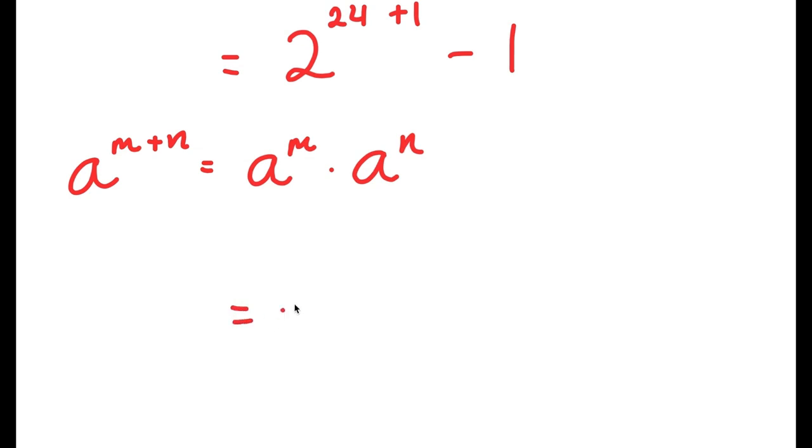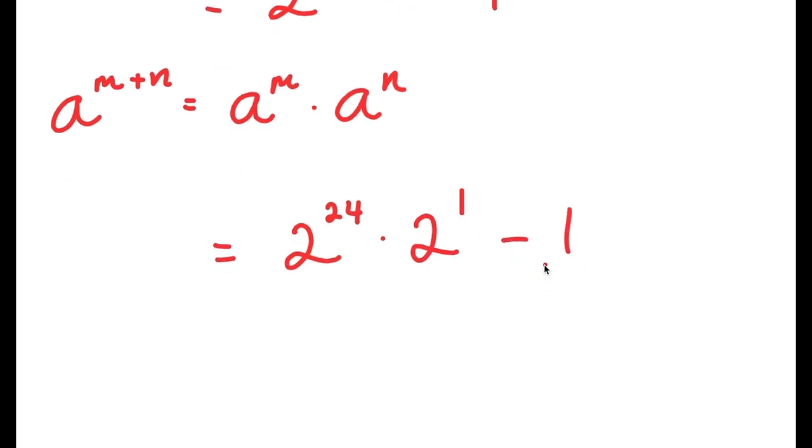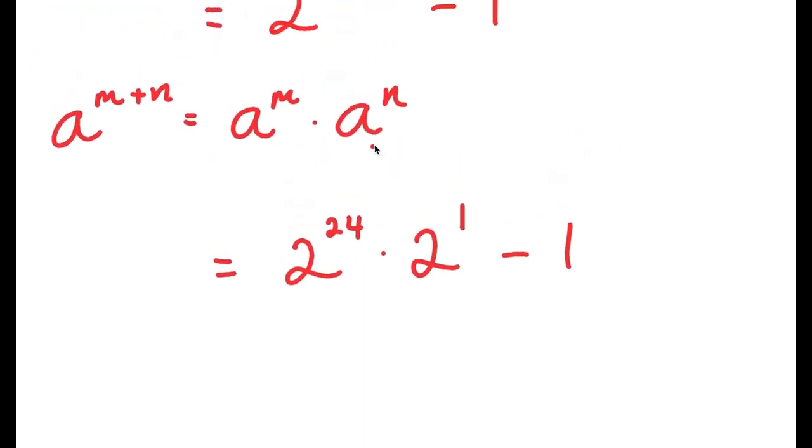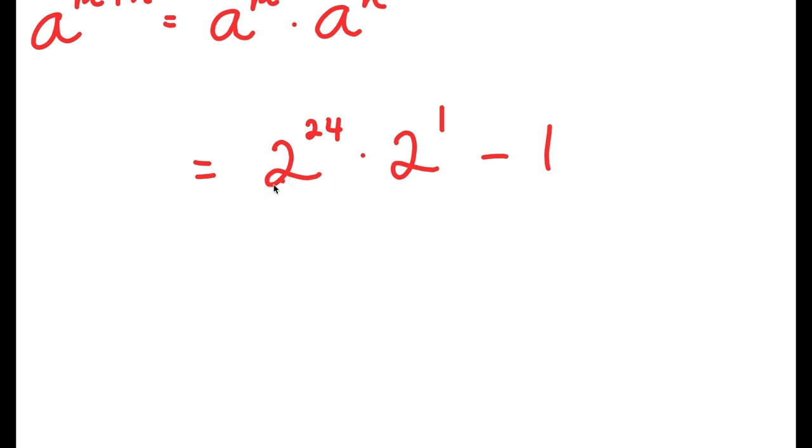So 2 to the power of 24 plus 1 is going to equal 2 to the power of 24 times 2 to the power of 1 minus 1. Now basically our goal throughout this video is to change our values to be as small as possible, so then at the end we can do whatever we need to do with them to get our final result. So 2 to the power of 24, how do we simplify this and make it even smaller? I can rewrite this as 2 to the power of 12